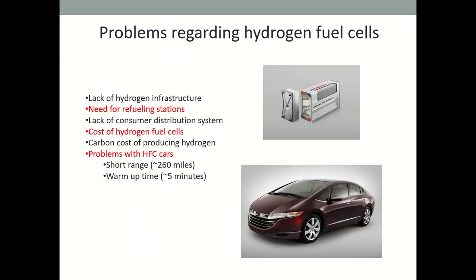The problems regarding hydrogen fuel cells: the lack of hydrogen infrastructure, need for refueling stations, lack of a consumer distribution system, cost of hydrogen fuel cells, carbon cost of producing hydrogen, problems with hydrogen fuel cell cars. The main problems, the short range and high